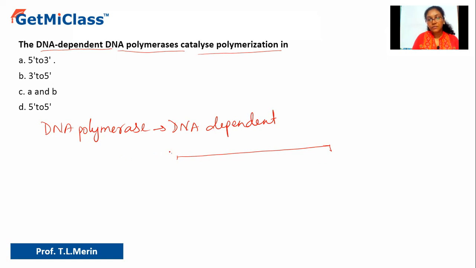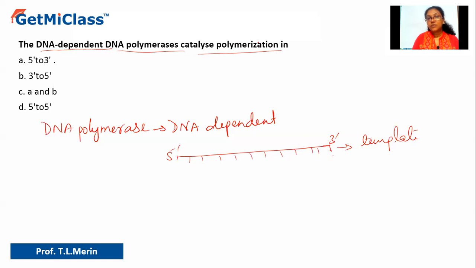So here, suppose this is the template 5' to 3', okay? Each single strand acts as a template. We all know that DNA is double-stranded in nature, but during the synthesis of new strand, the DNA gets separated as single strand, right? And this strand, which is 5' to 3', is acting as a template. Now this DNA polymerase is dependent on the template to synthesize the new strand,